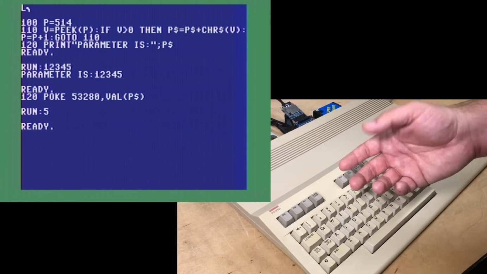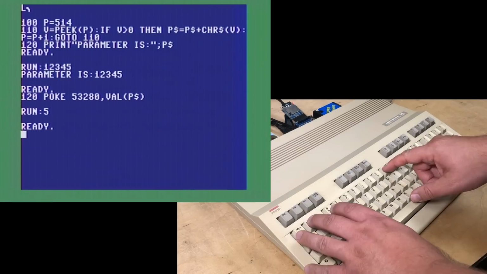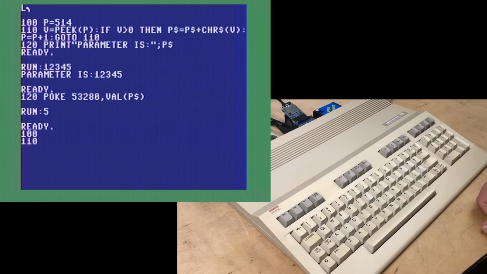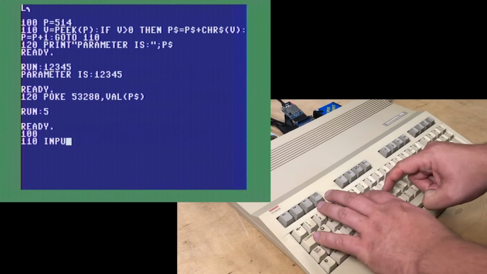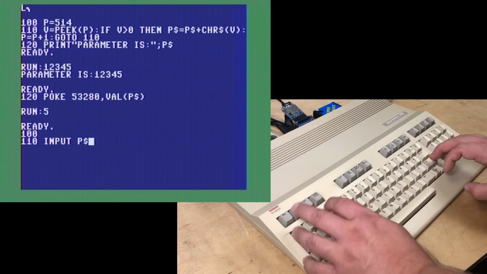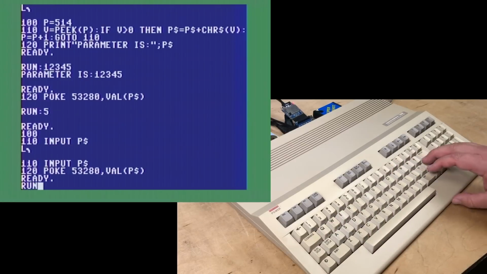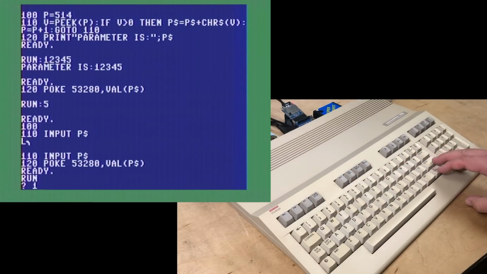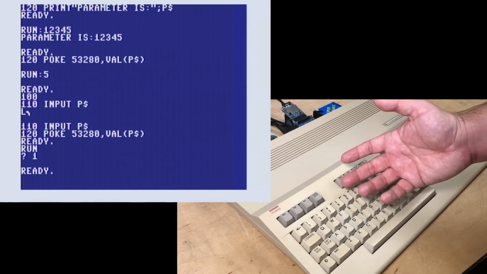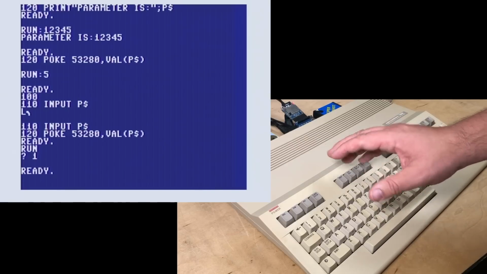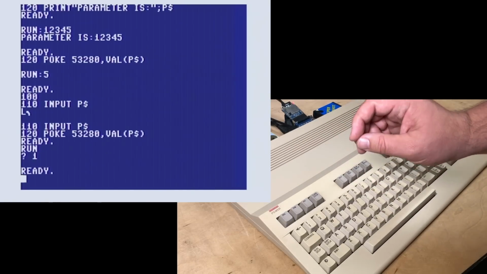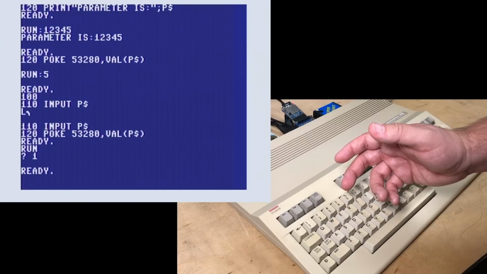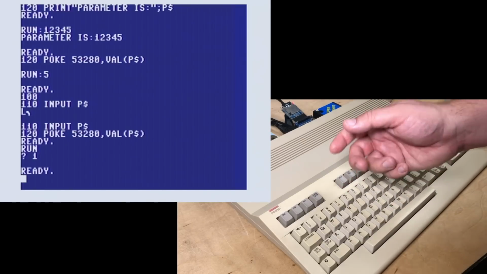But you might be wondering, why not just use an input? After all, couldn't we just get rid of line 100? Line 110 we could replace with, say, input P string, and then we could just run the program, and you could type in that you want, say, color 1, white. Well, sure, yeah, that does do the same thing, but a big reason to add command line parameters is so that you can have a default behavior that doesn't require any prompting,